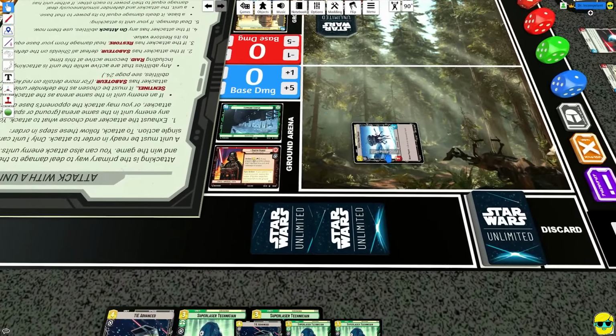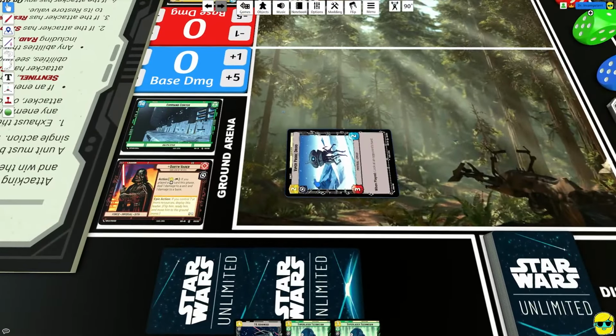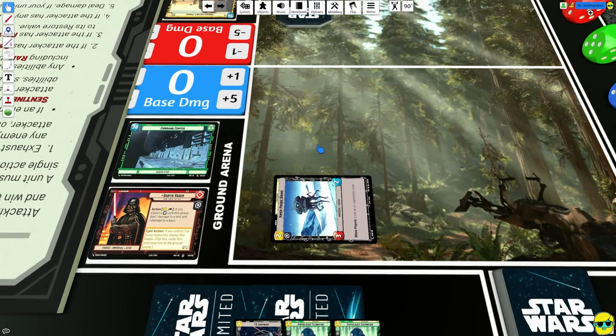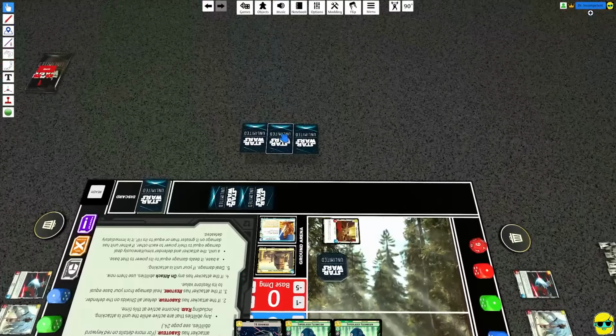To do this, I will exhaust my probe droid, because all units come into play exhausted, but I have this when played effect: look at an opponent's hand. So I get to look at the hand, and